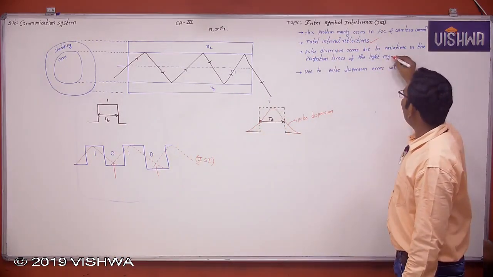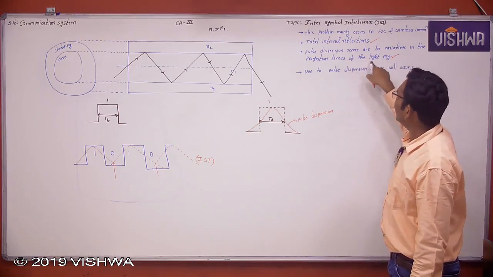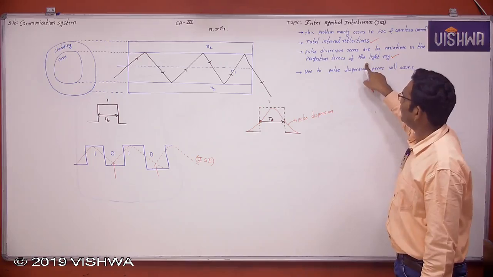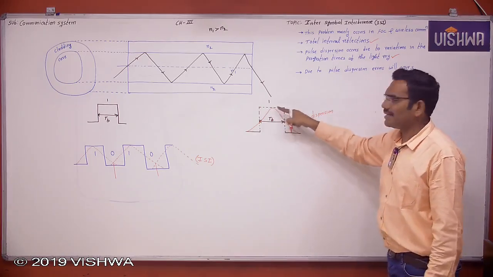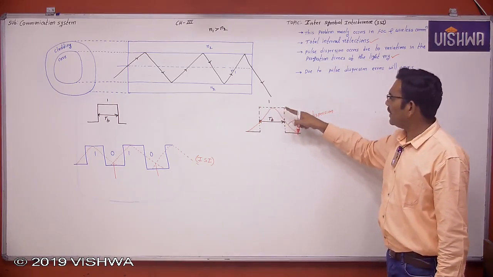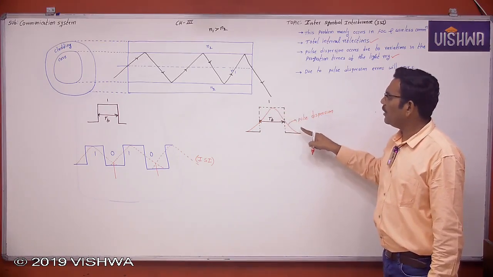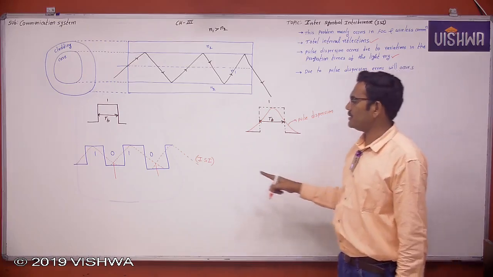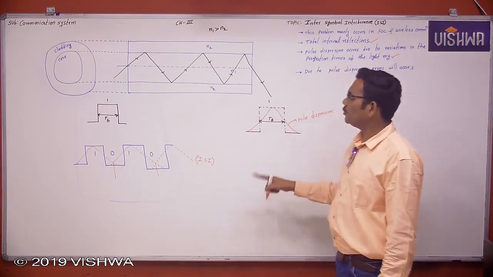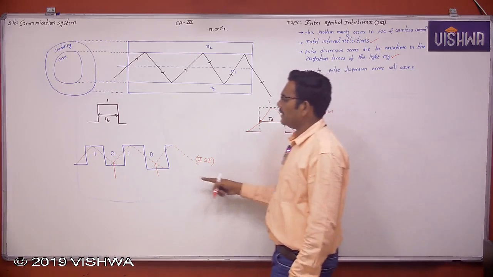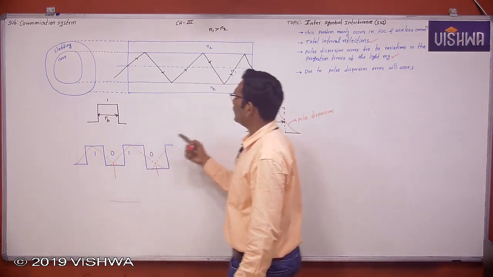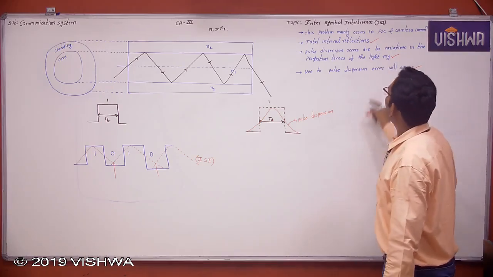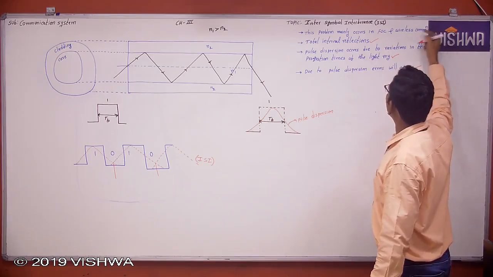Due to the variations in the propagation times of the light ray, these pulses get spread, and this spreading pulse will overlap with another symbol and causes an effect called inter-symbol interference. Due to this inter-symbol interference, errors will occur. 1 will be treated as 0, 0 will be treated as 1. So due to pulse dispersion, errors will occur, and this problem mainly occurs in optical fiber cable and